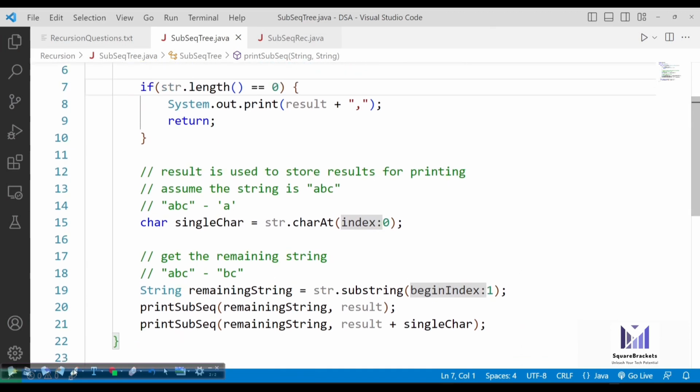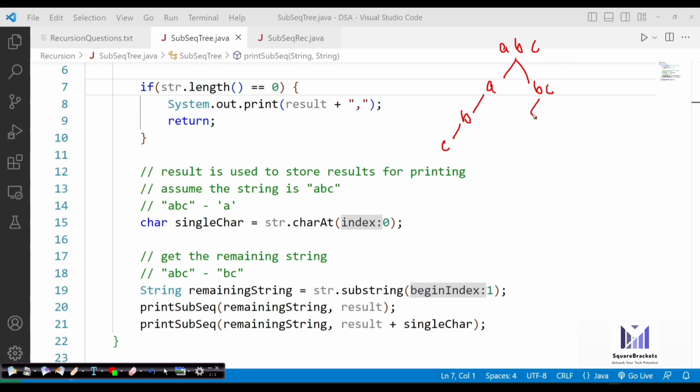Okay. And if you still are confused with any part of this question, you can just assume, as I told you, first you have ABC characters available. So first you say that my single character becomes A, then single character becomes B, then single character becomes C. Meanwhile, my remaining string stores B, C. Then after that, when it stores A, then it stores BC.